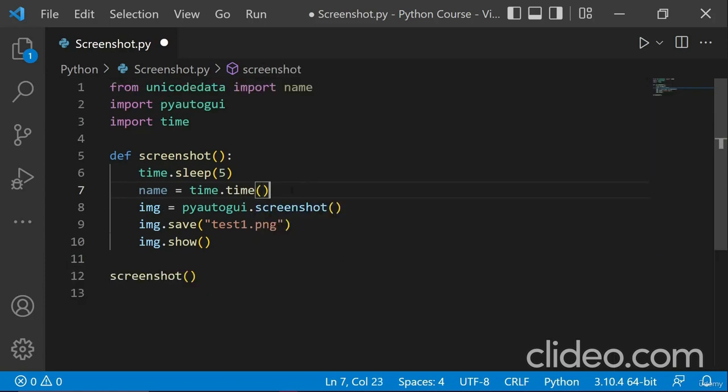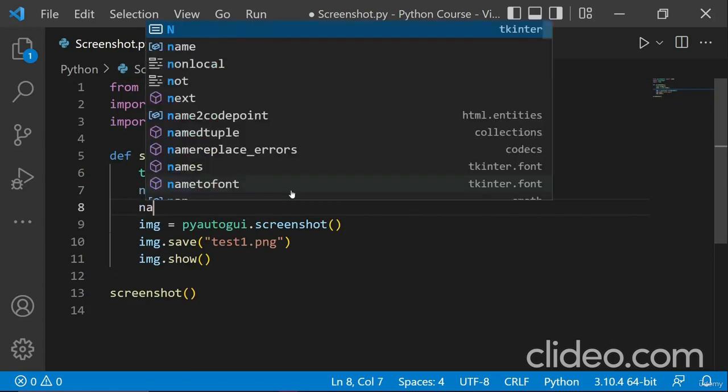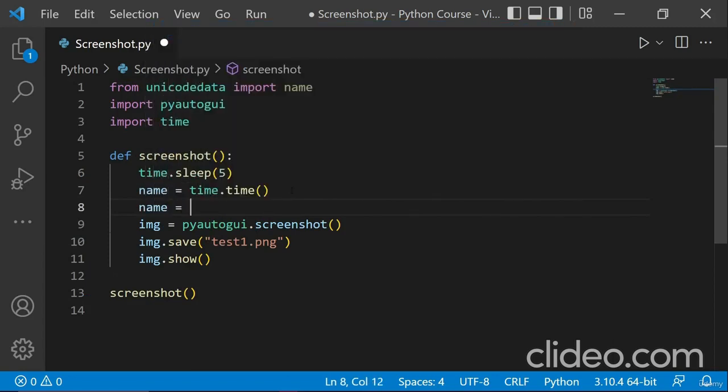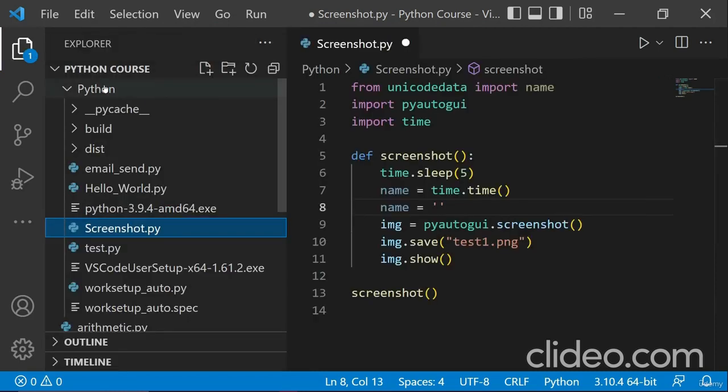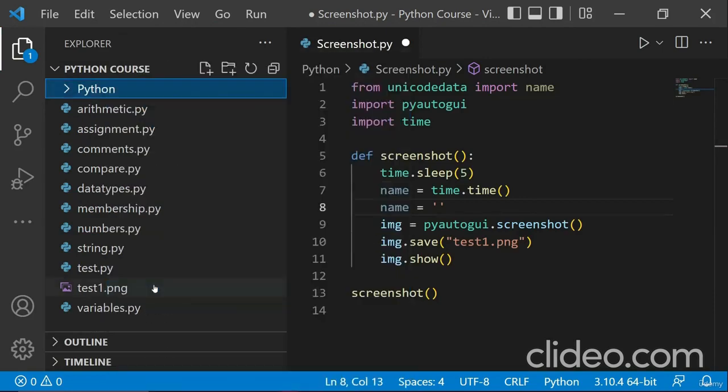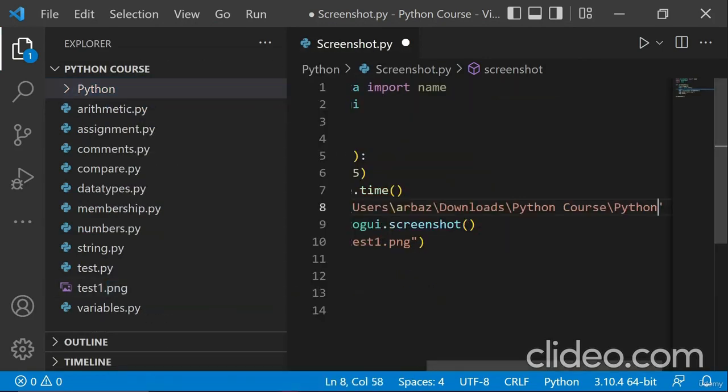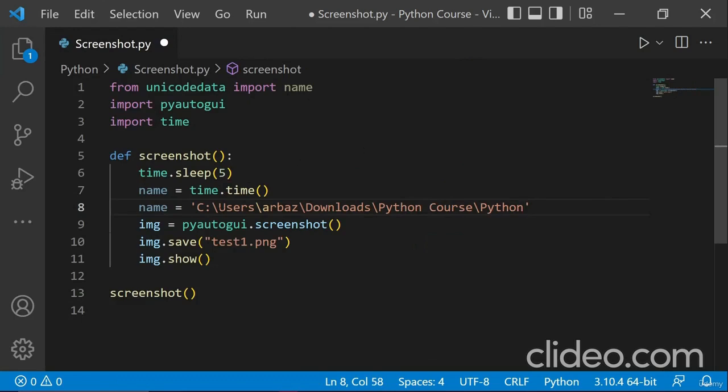And after that, in the next line, we will again type here name equals to. So we are going to be providing the path where we want to save this file. For that, we will go here, and inside this folder we want to copy the path from here, and paste it in here, and close the explorer, and add a backslash in here,